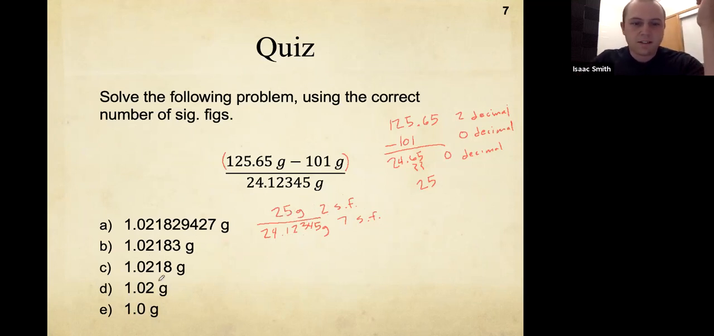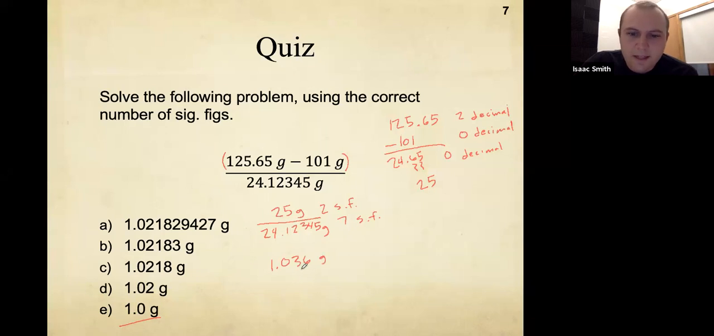If you look at your answers here, the only one that has 2 sig figs is E, okay? So we can just choose the answer as E. But if you did put this in your calculator, you're going to do 25 divided by 24.12345. It's going to give you an answer of 1.036,